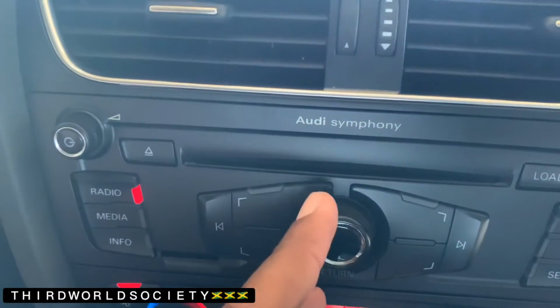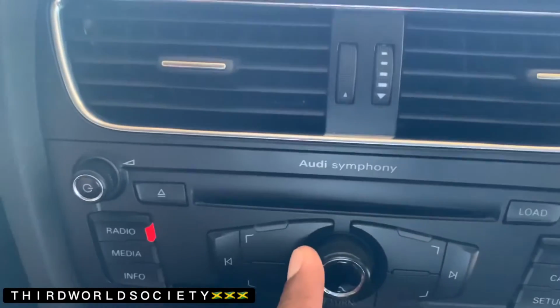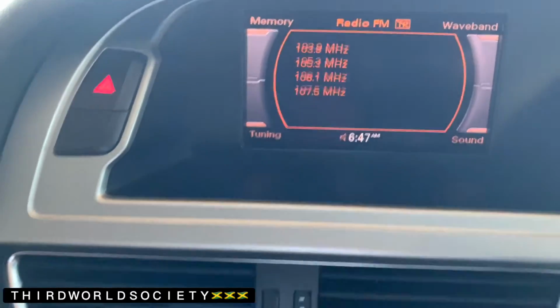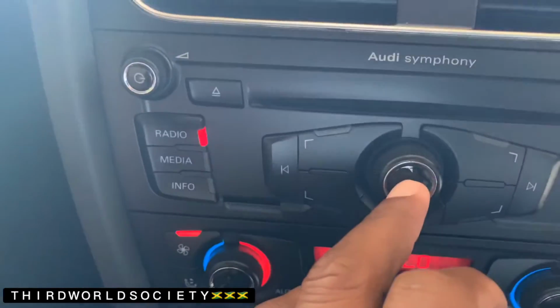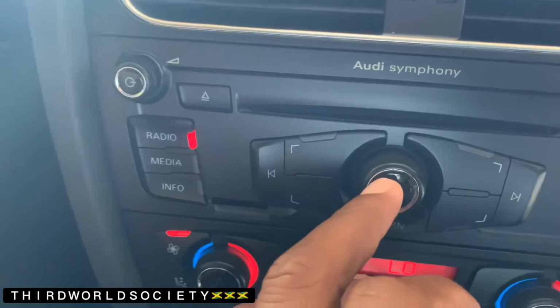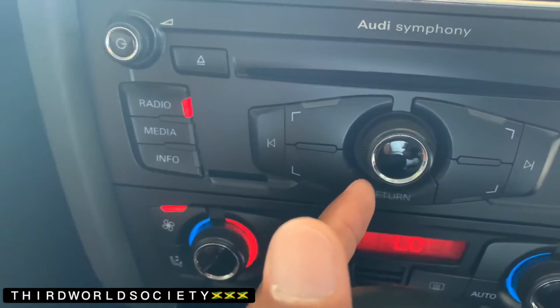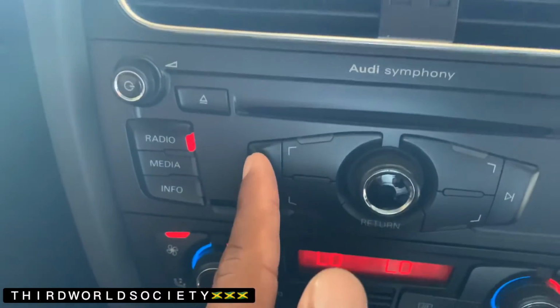So if you go into radio, for example, and you turn the knob here, it will move the channels up and down, and by a click of the center piece, because the center part has a clicking feature, it will then select what you want. You have the return button, which can take you back to the starting page, or there's also a back and a forward